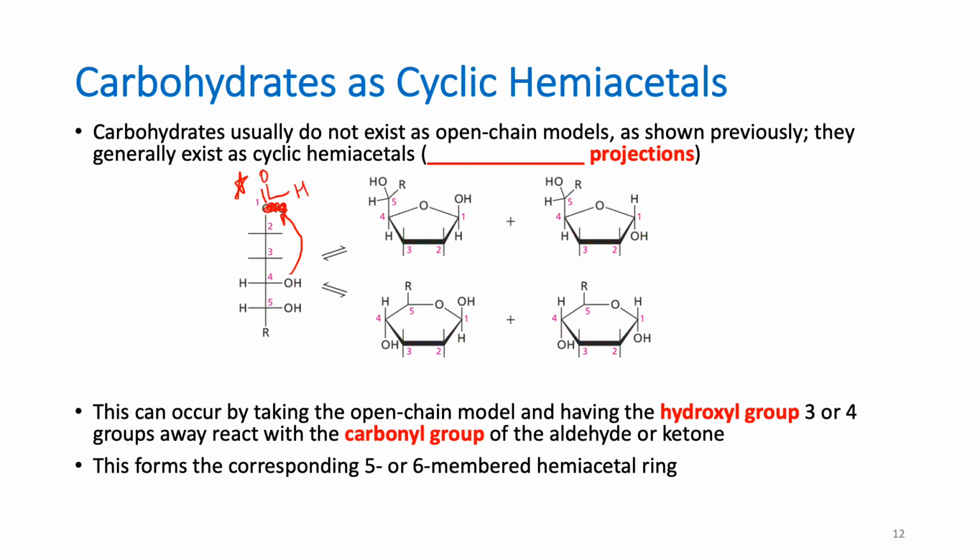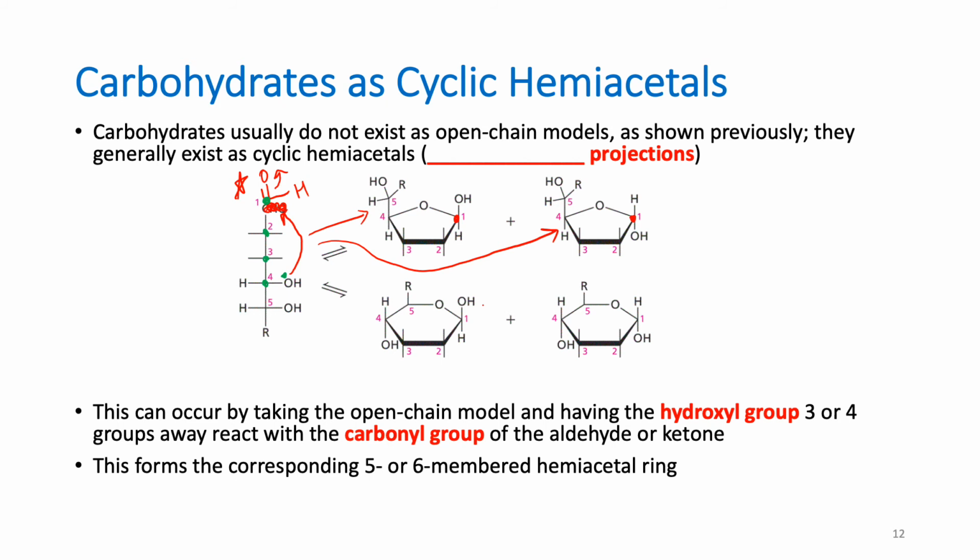Okay, and if you did that, using that OH there at carbon 4 of this Fischer projection, you would get a 5-membered ring. I can try to show you why it's a 5-membered ring. So it would form a 1, 2, 3, 4, and that O would be part of the ring, 5. And so if that happened, you would form the 5-membered ring, and it can either go to that version or this version where carbon 1, which was your aldehyde, then becomes a hemiacetal, being a carbon bound to 2 oxygens, one being an ether, the other being a hydroxyl group.